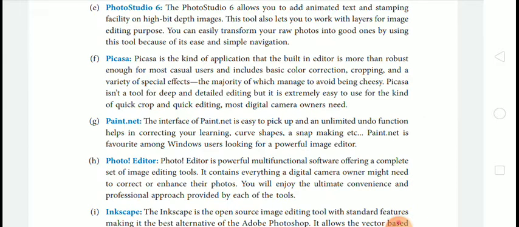The Photo Studio 6 allows you to add animated text and a stamping facility on high bit depth images. This tool also lets you work with layers for image editing purposes. You can easily transform your raw photos into good ones by using this tool because of its easy and simple navigation.